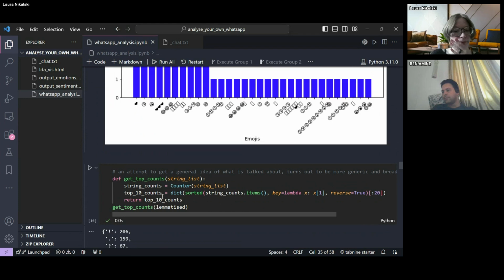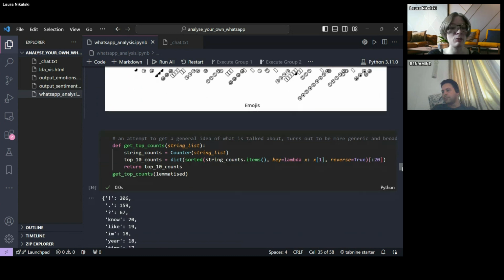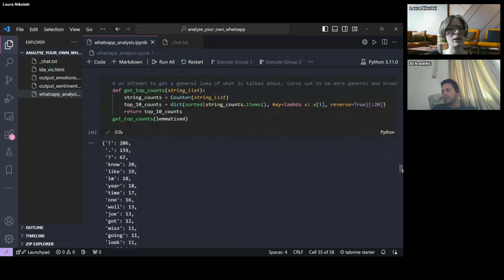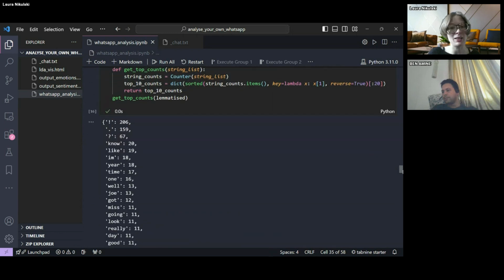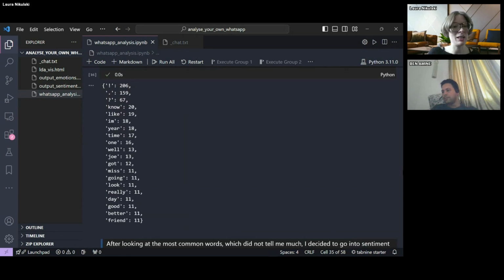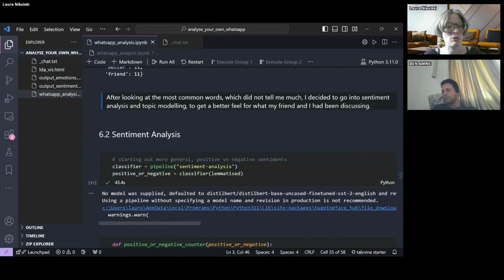Now, the next thing I did was I wanted to see if there is a way for me to have a look at the most common words and maybe already see any special patterns. And I have to say, I didn't really see anything. These are just very neutral words. It doesn't really tell me anything. So I'm just going to skip that bit and go straight to sentiments